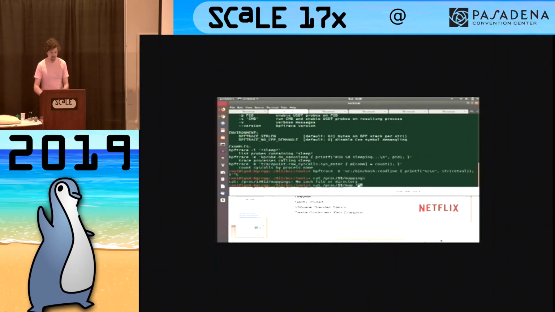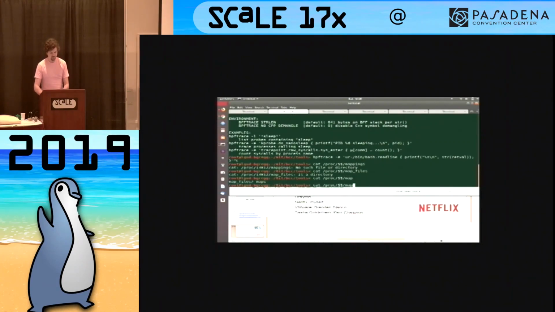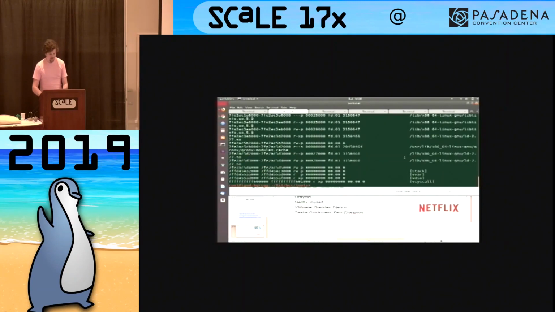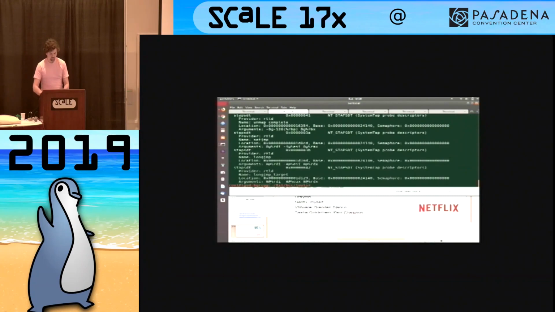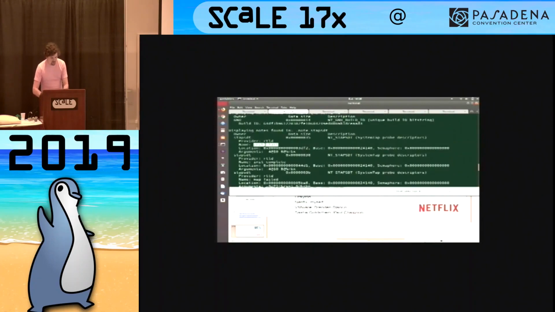what might I have? So here's some probes. LD has some USDT probes, and so I can go and instrument these. The problem with these semaphores, if they exist, okay, so they're not in use for these ones. So since they're not in use, I should be able to do